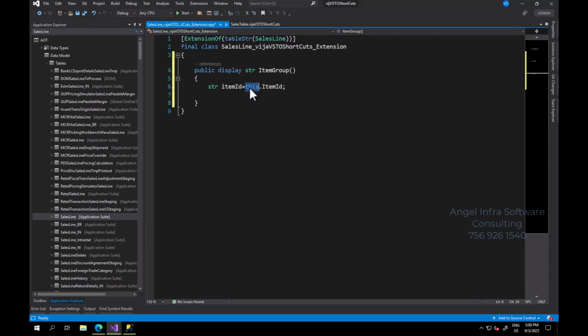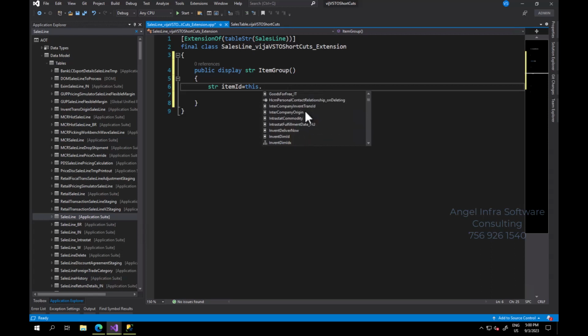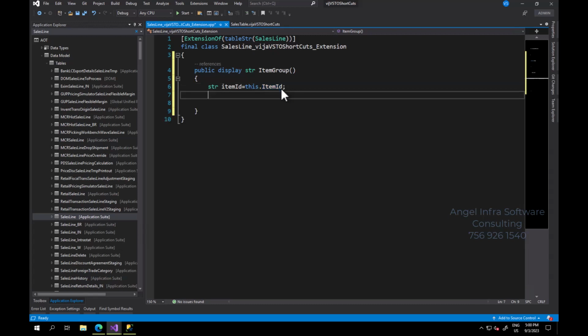What is this? This is nothing but sales line, because this class is an extension of the sales line table. This will refer to this table. As soon as I type this and then press dot, it is going to give all the fields, and methods as well, and other things. Now I want only item ID. With this, I am going to retrieve